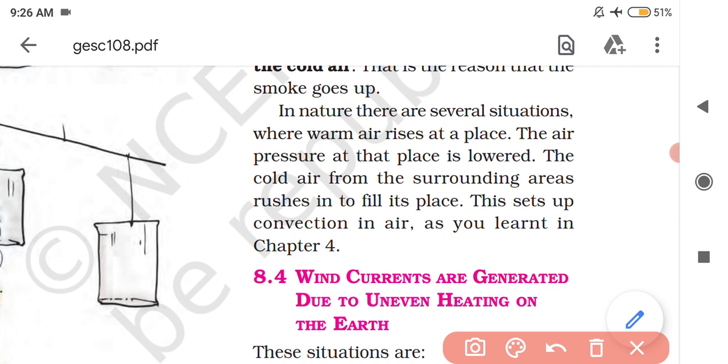Hot air rises up, cold air rushes in to fill its place. So this leads to what? Convection in air. This leads to your sea breeze, land breeze also, and this leads to blowing of winds also. So that's all we have understood about